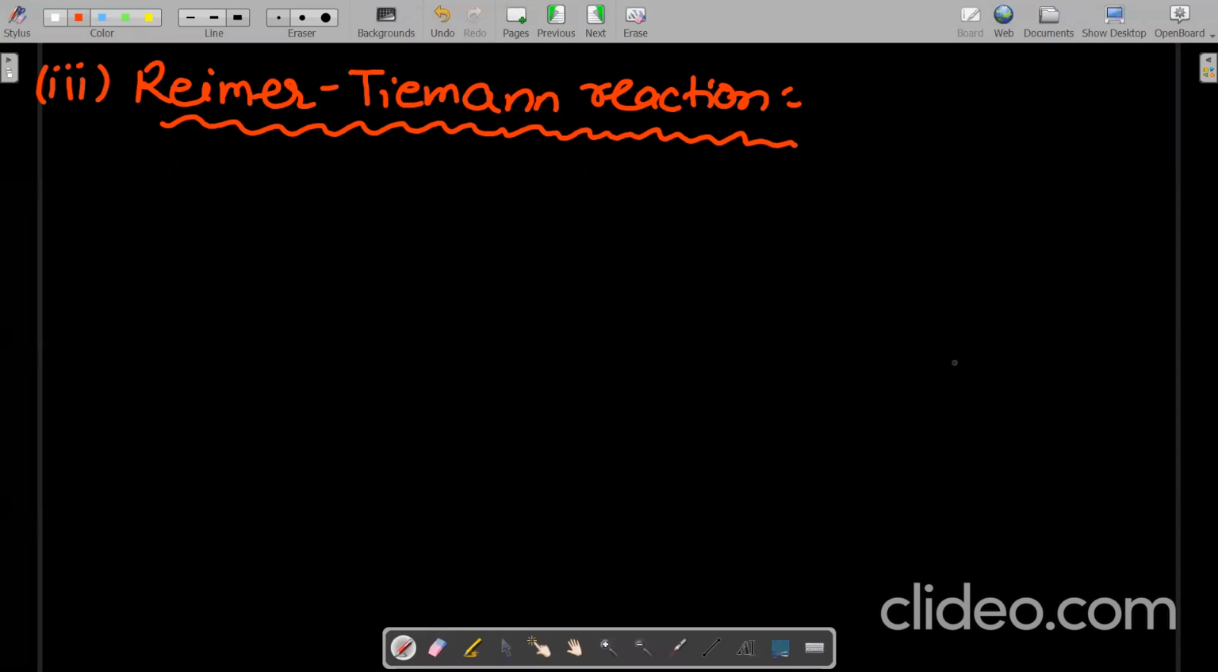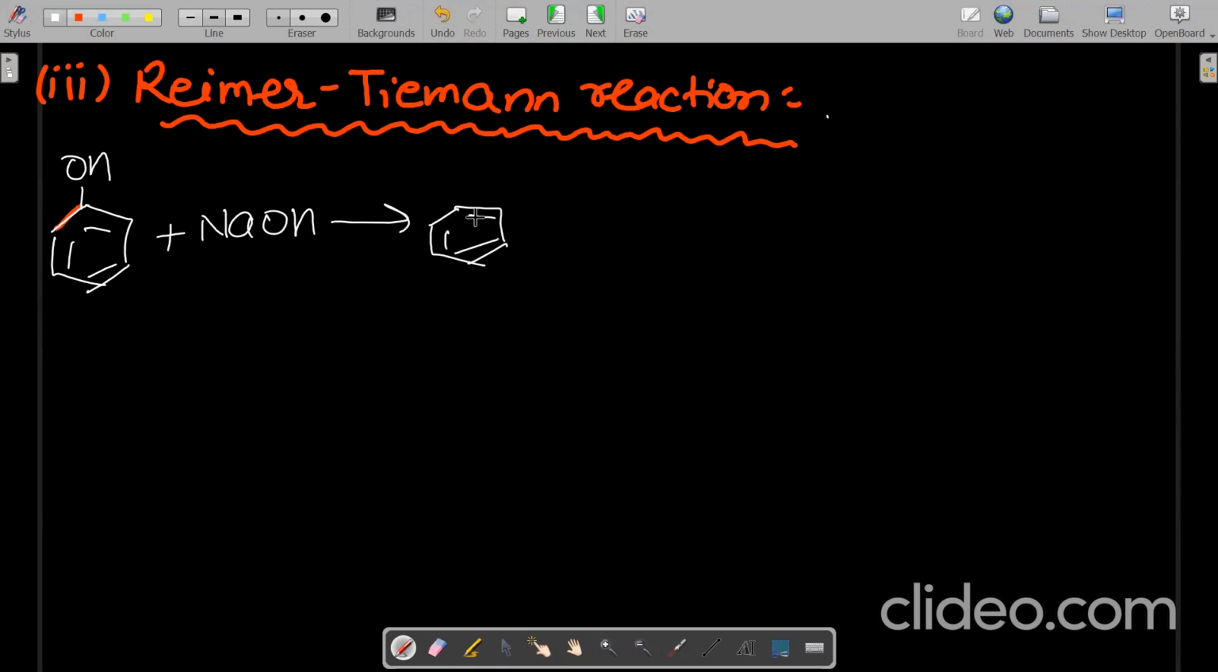So now the next property is the Reimer-Tiemann reaction. Okay. So what is this Reimer-Tiemann reaction? In this reaction, phenol reacts with sodium hydroxide. It is a reaction of phenol. Phenol first reacts with sodium hydroxide to form sodium phenoxide,